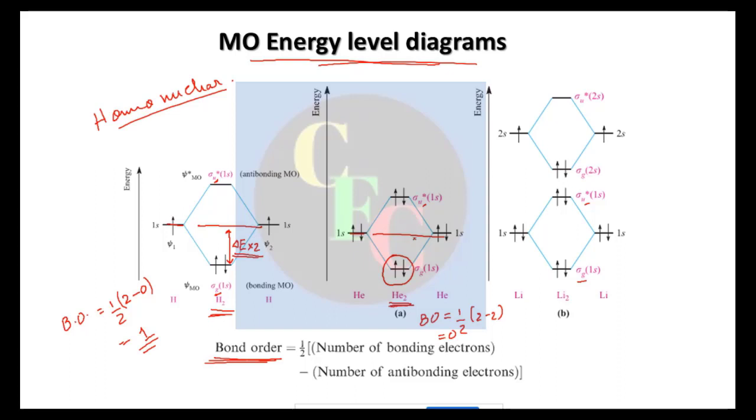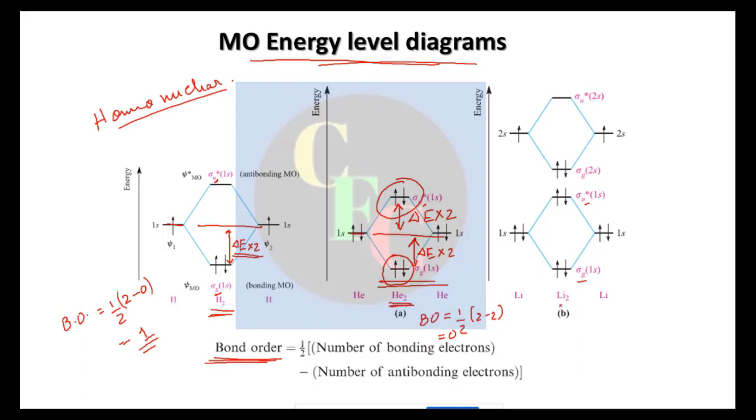Why is it not possible? These 2 electrons are decreasing the energy of the system by delta E into 2, and these 2 electrons are at the same time increasing the energy of the system by delta E into 2, right? As such, it is nullifying the stabilizing factor. This is the effect that anti-bonding electrons have. When an electron is present in the anti-bonding orbital, as the name suggests, it is anti-bonding. It tries to break up the bond, right? So we have no bond here, so the bond order becomes 0.